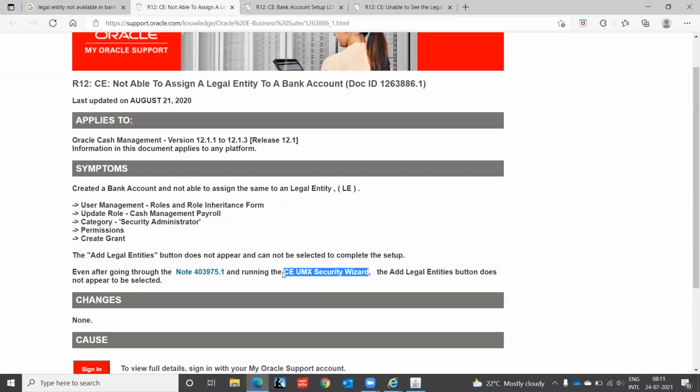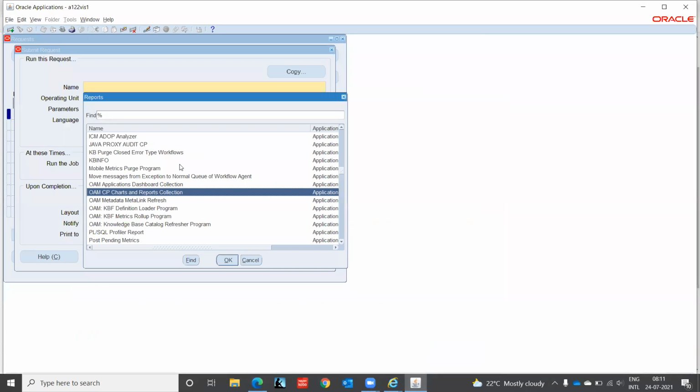Okay, we have this program to be run, CUMX security visa. After running this only,